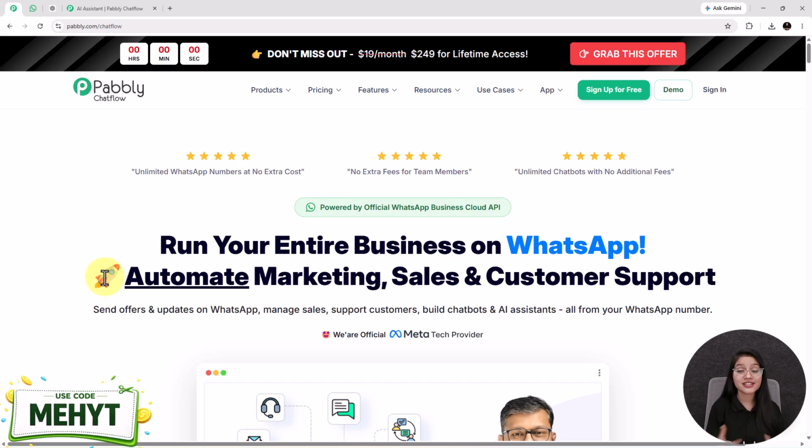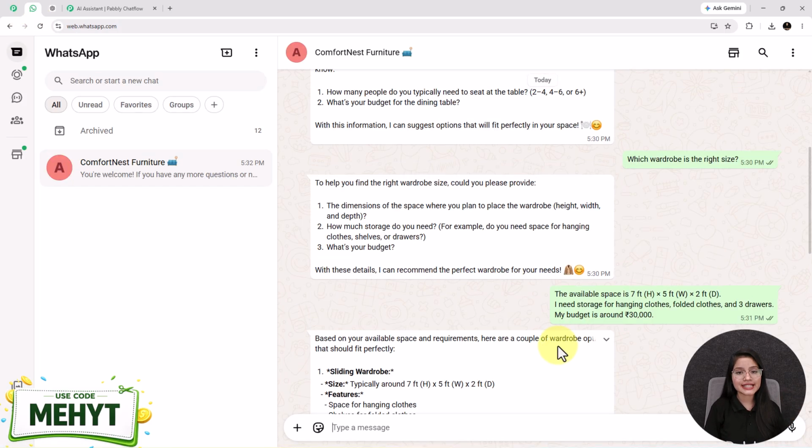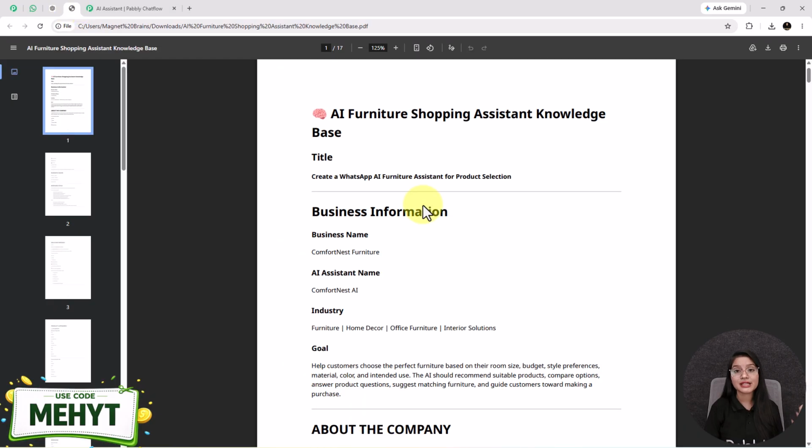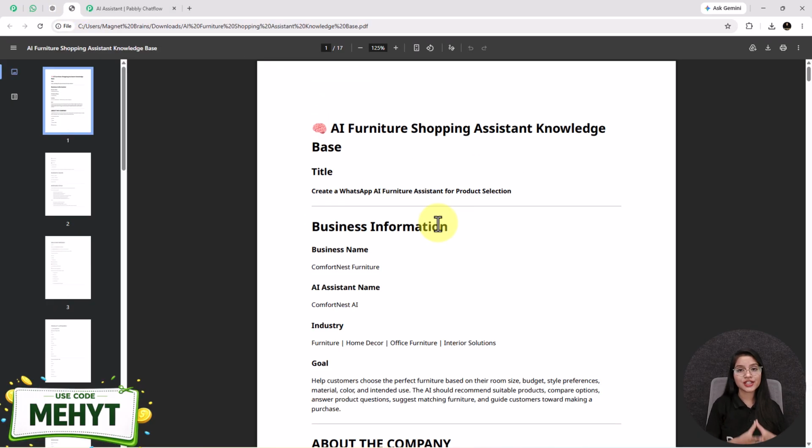And the best part is that you don't have to purchase anything immediately. You can build this exact AI furniture assistant using the free trial available of Pabbly Chatflow. Customize it with your own products, business information, and AI knowledge base. Means you can train this AI assistant by using your own business knowledge base. And after using the tool, if you find it useful and decide to upgrade,